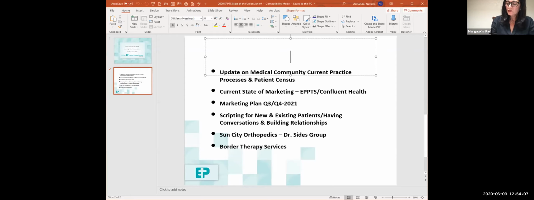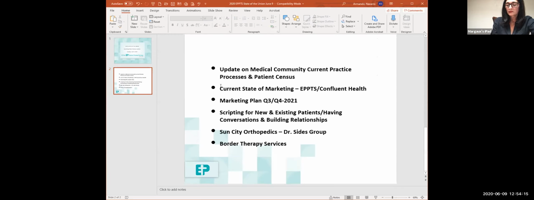So, the current state of marketing at EPPTS Confluent Health, as Sylvia mentioned: there are no expenses out for marketing. Therefore the blitzes, the luncheons, and the wow factors will be on hold. And like she said, we have a recovery process financially, and that's going to probably take us well into 2021. So I will keep you all posted on how the marketing is going to go, but the visits will continue,